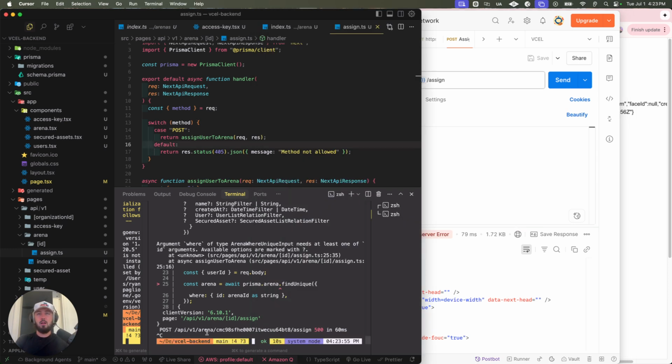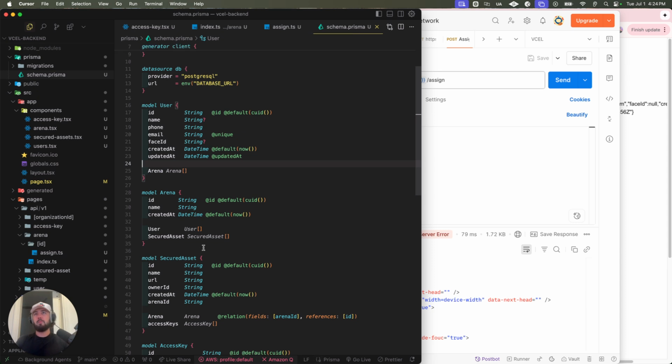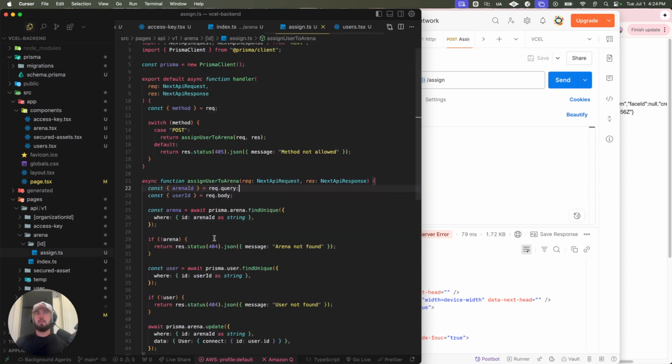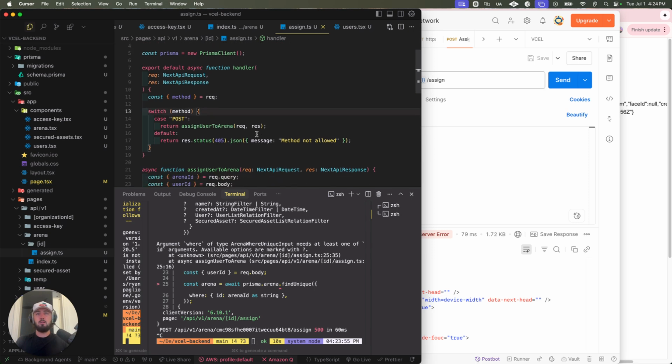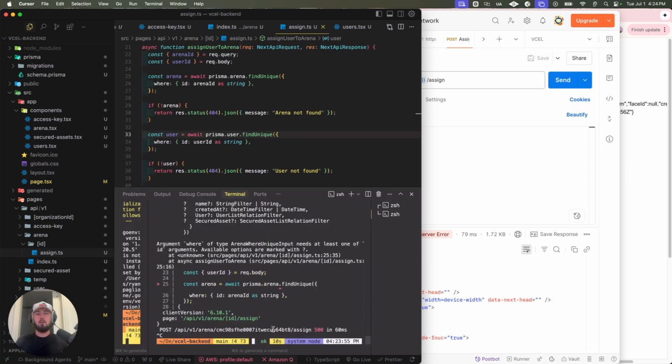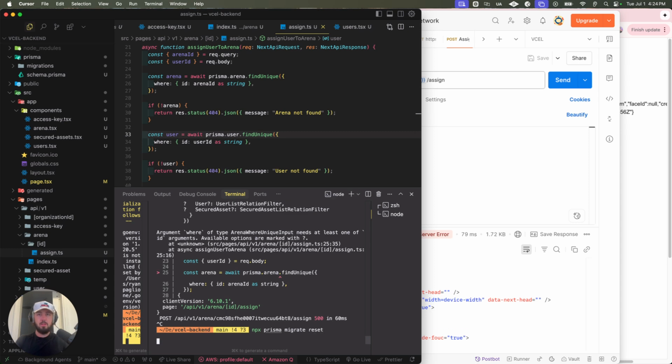Let's see, one of these is marked with a question mark. Arena unique input is at least interesting. It's at least one of these things with a question mark. What does that even mean? Okay, npx prisma migrate reset.